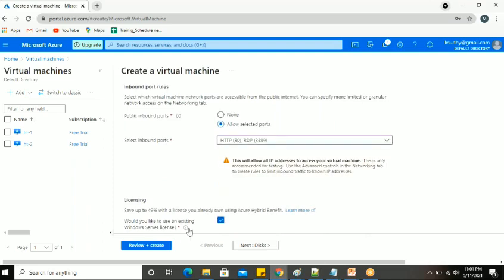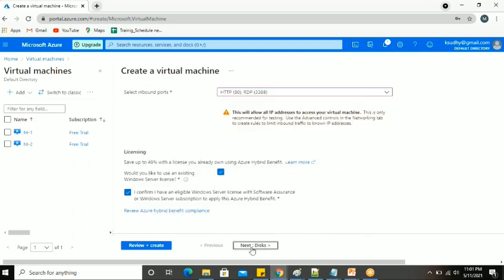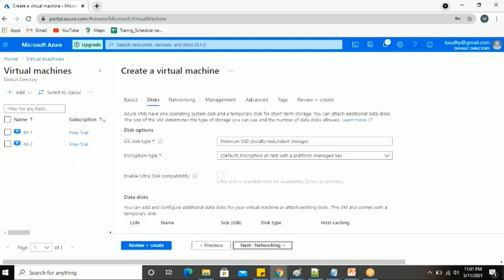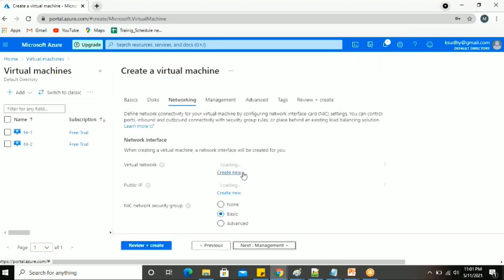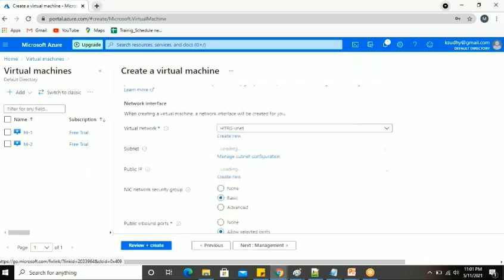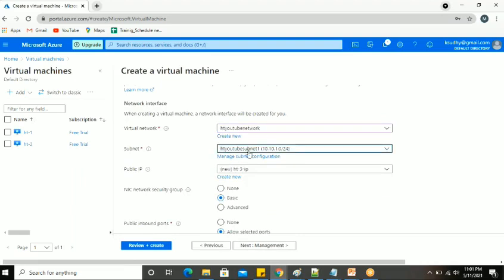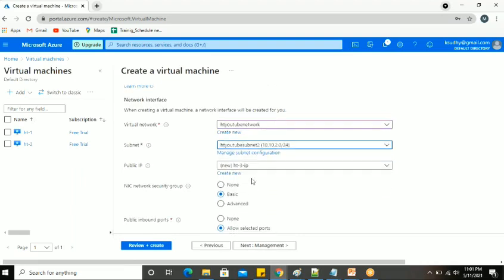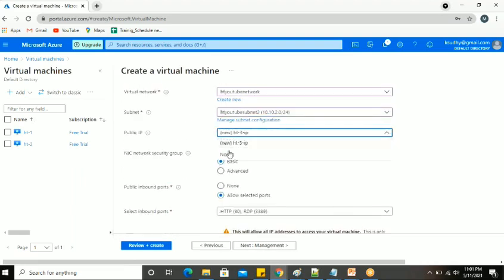I'm going to have the licensing and further configuration as usual. Next disk, next networking. This time in the virtual network I'm choosing the high-tech YouTube network, and here my second subnet I'm having, and for public IP I'm going to give none, meaning for my second machine I'm not going to give a public IP. Let me click next, review and create.